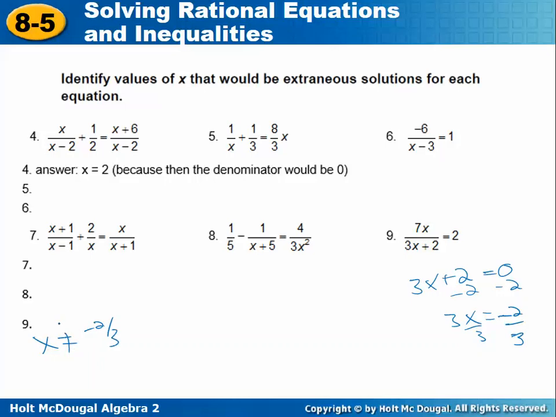For some of them you'll have 2 answers, like in number 7, you might even have 3 answers for number 7. And in number 8, you'll have 2 because you'll take this equal to 0 and this equal to 0. And you'll get 2 different values that would make that be